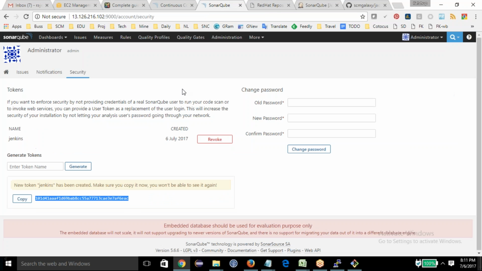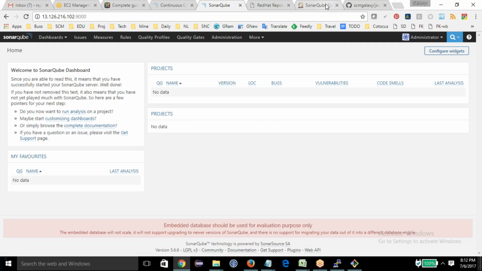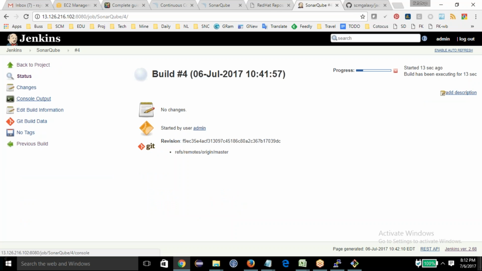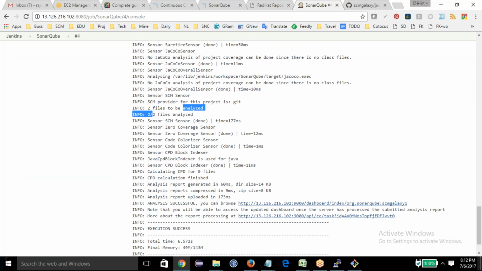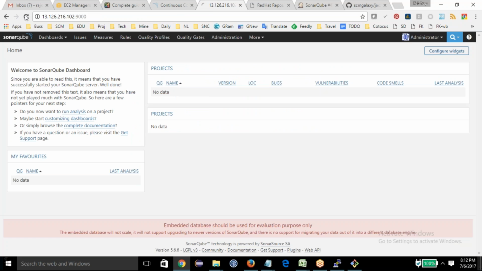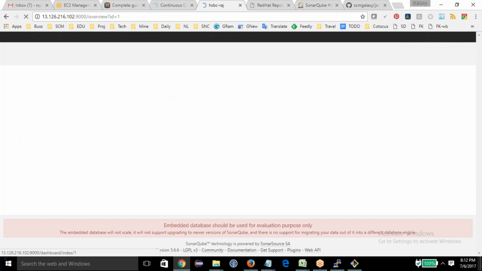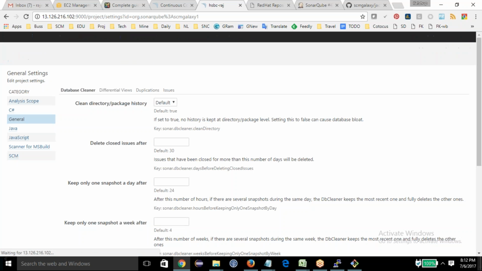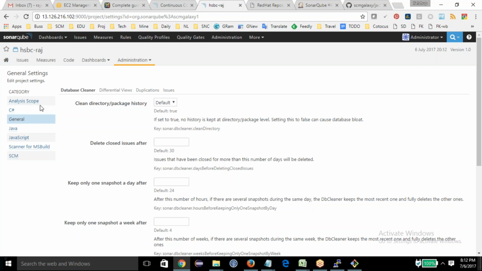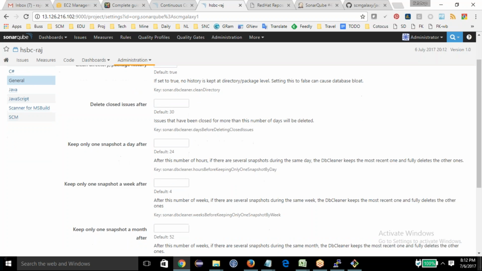So now there is no project as of now, so it has to create one project. So build is in progress. It's happening. 2 files got analyzed. That's what I was looking for. Now you got this project. Now click on this project, go to the administration section, and look for the Cobertura things. So where can you set the Cobertura? So here if you see the